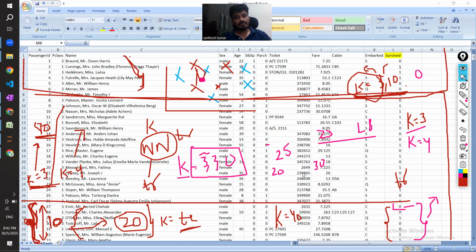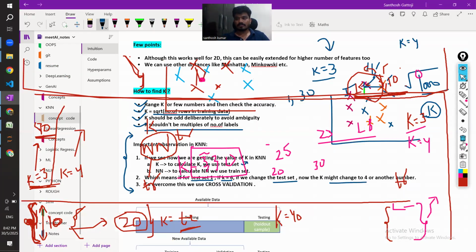That is the reason why, instead of falling into this trap of dividing like this, we use a concept of cross validation. So in that, what we will do here is,